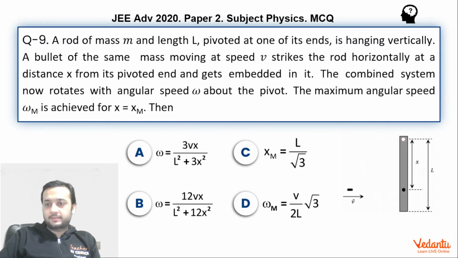A rod of mass m is hinged about its top point. A particle of same mass strikes the rod at a distance x below the top point, and the particle sticks after collision. We have to find the angular velocity acquired by the system after collision as a function of x. The particle is striking at distance x below the top end. We also need to find the value of x such that the angular velocity becomes maximum, and we have to find that maximum angular velocity as well. I will tell you, this is a very simple question, but I will still tell you one amazing thing, how we could have minimized the calculation in this.